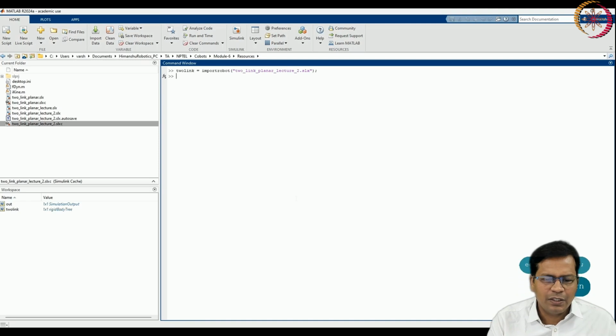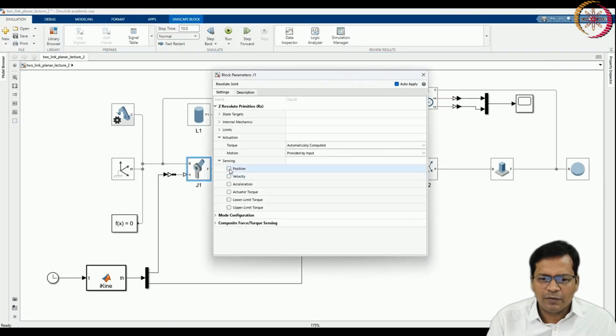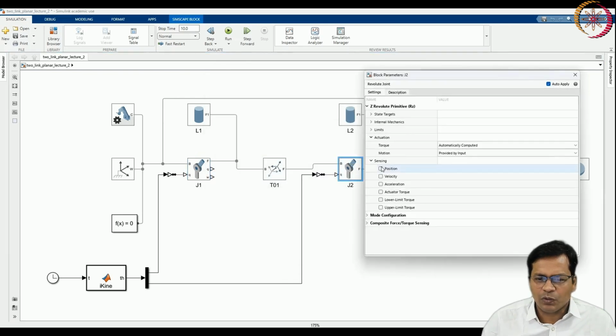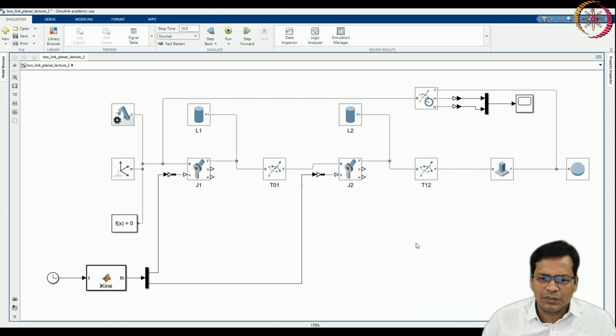It creates an object in the workspace. Now I will double click here. I will get the sensing position and velocity from the joint. So I will check the joint angle position as well as velocity. If I take joint angle velocities, you need to convert it again from physical system to Simulink data. So both of them need to be converted to Simulink data now.